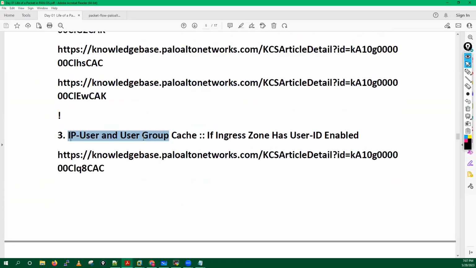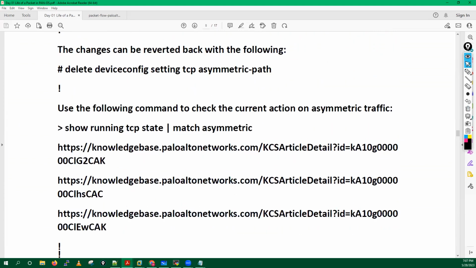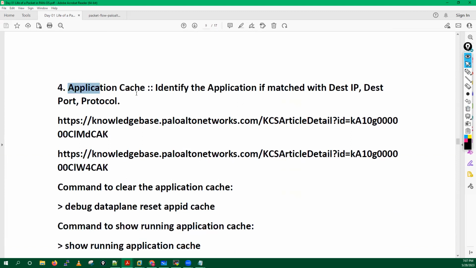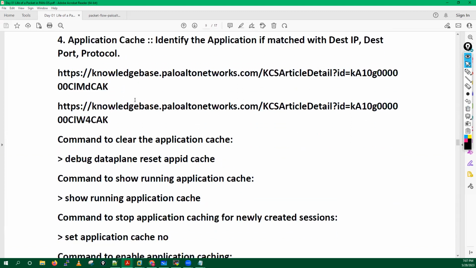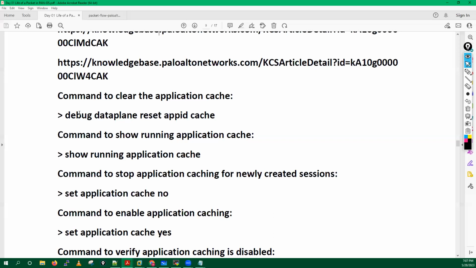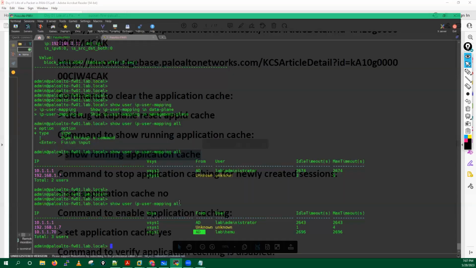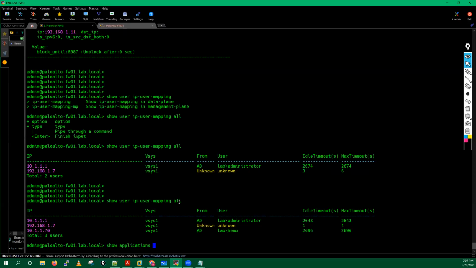Then it will check the IP or user cache information, then your application cache. How will it do the application check? If you run this command, debug data plane show running application cache, this is the command which will show you what cache information we have here. When we add show running, we are looking at the details in your data plane